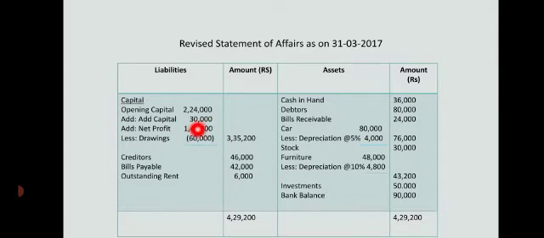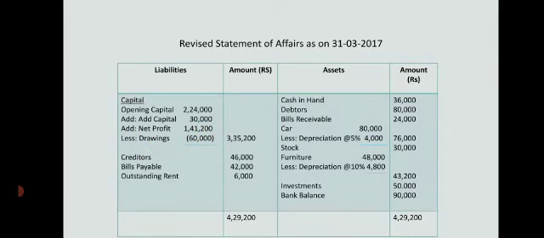Important thing is how to calculate the capital. In the chapter on financial statements, that is preparing final accounts, that is trading account, profit and loss account and balance sheet, I had clearly said how to calculate the capital. The formula remains the same. First we will take opening capital, which we have already calculated. We know it is 2,24,000. Add additional capital. Here there was no space, so I have written it in short form. Read it as additional capital. In the adjustment it is given as 30,000.